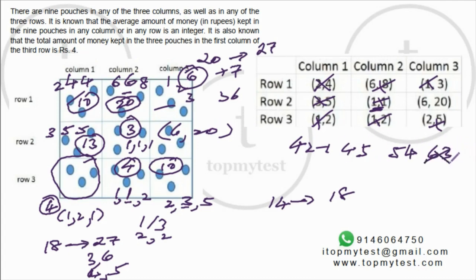So 63 is not possible. 45 you'll need to add 3. 3 is not possible. So 54 is the only one which you can add. So you need to add a 12. Right. So that's 32 plus 6, 38. Right. This is 6. If you add this, 16 plus 38 is 54. This also satisfies. So we have all the values of all the coins. Let's go and answer the questions one by one.